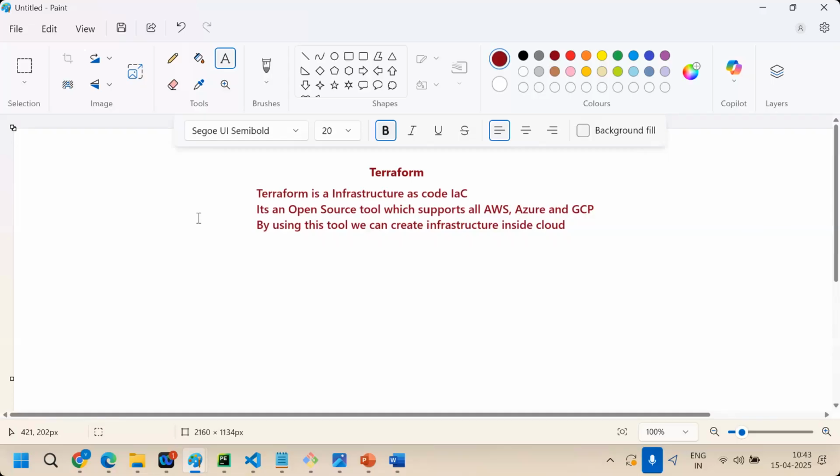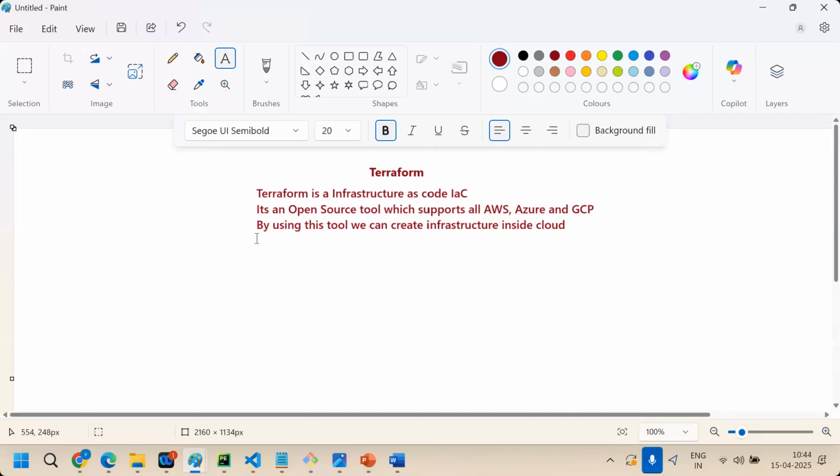Terraform is an open source tool, but recently it's more to business process. I mean not fully open source now. If you need any support from Terraform, they are not giving it free of cost. So at this time Terraform is not a fully open source tool.